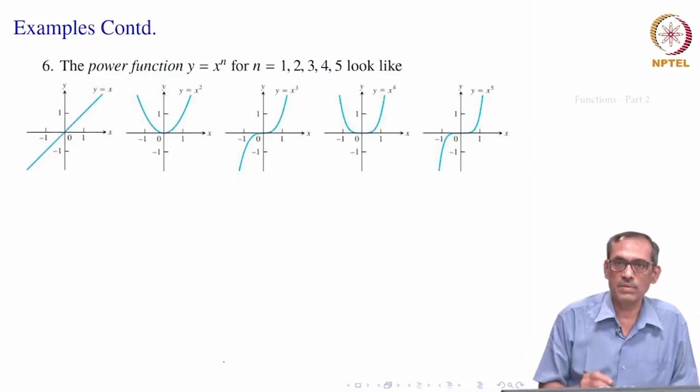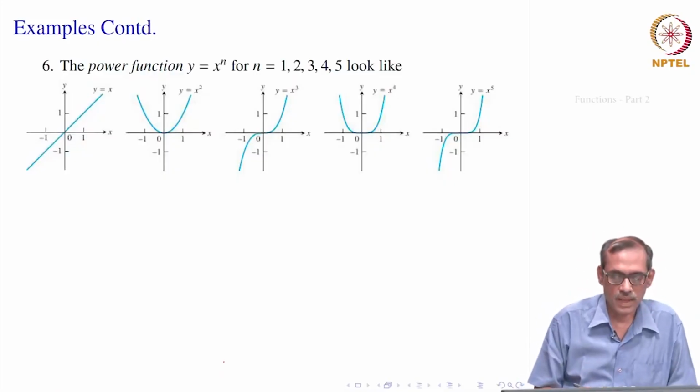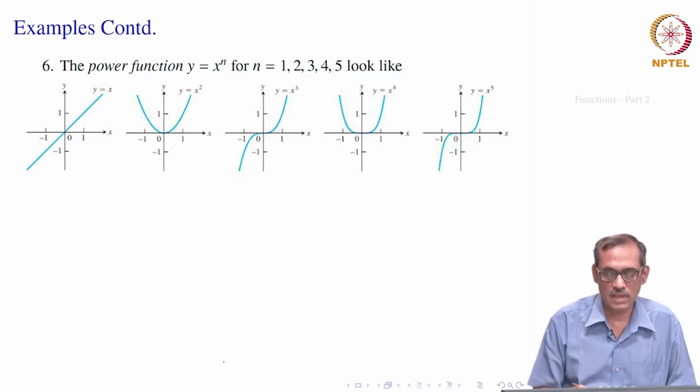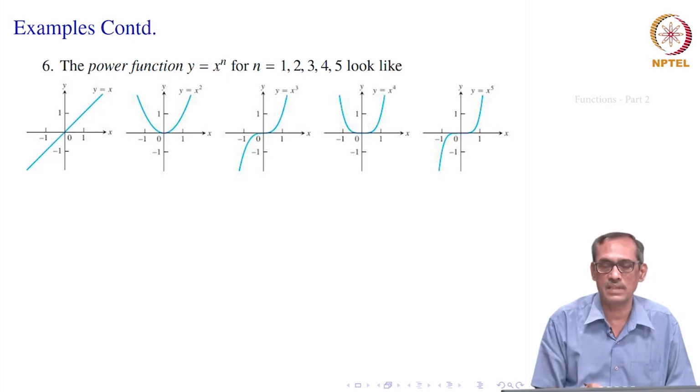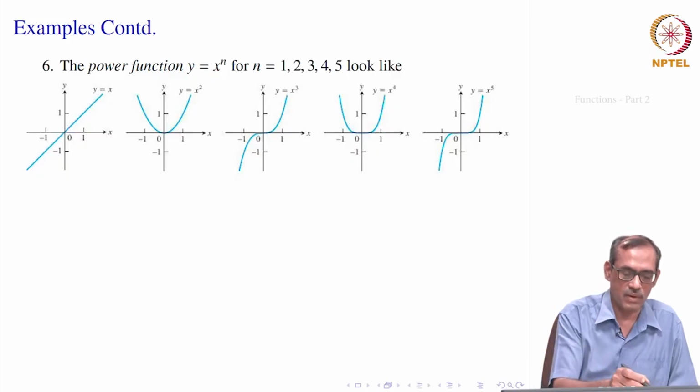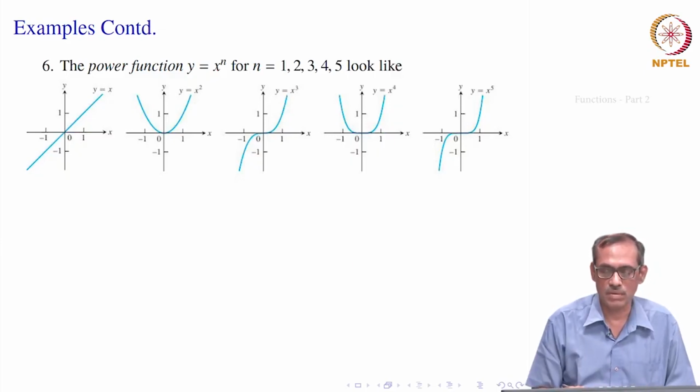So, we will continue for some more examples. Let us see the power function y equal to x to the power n, where n equal to 1. When you take n equal to 1, it is really the y equal to x function. Earlier we did the identity function, but now on the whole of the real line. So, it is the straight line y equal to x, that is how it will look.